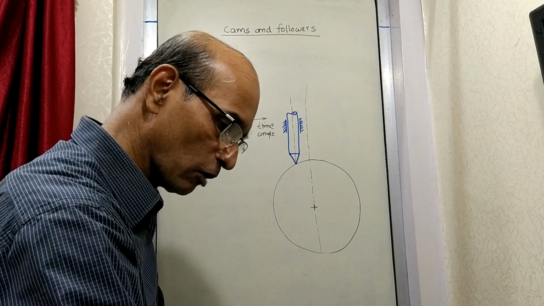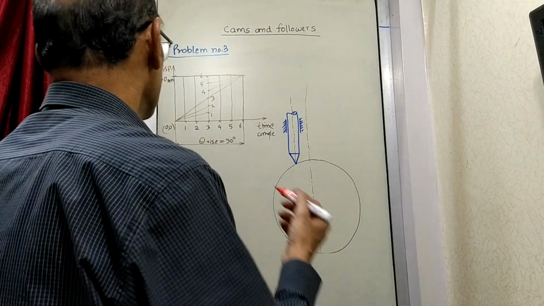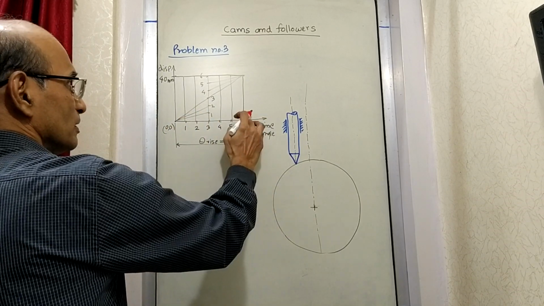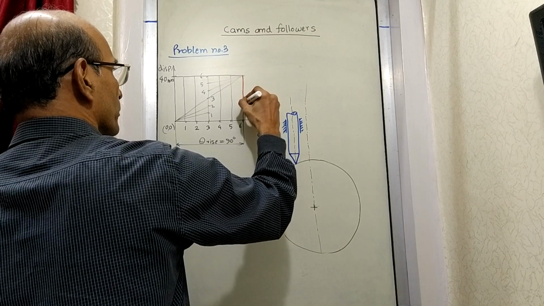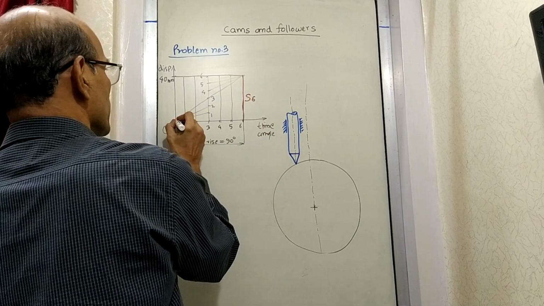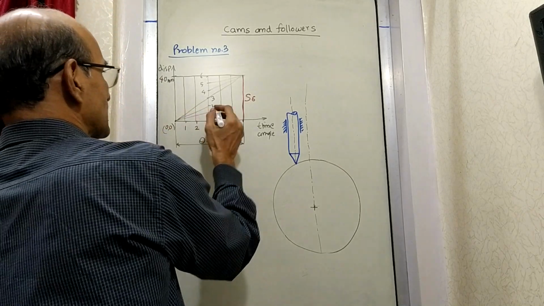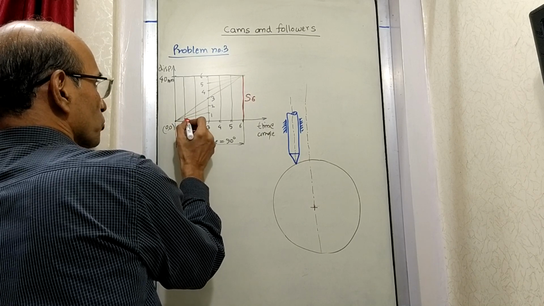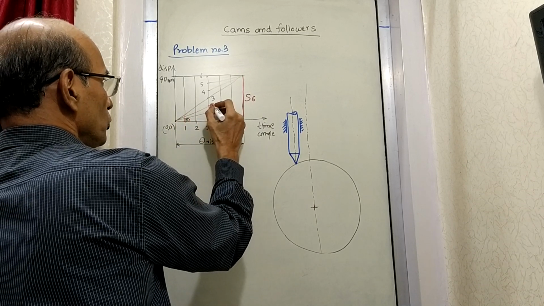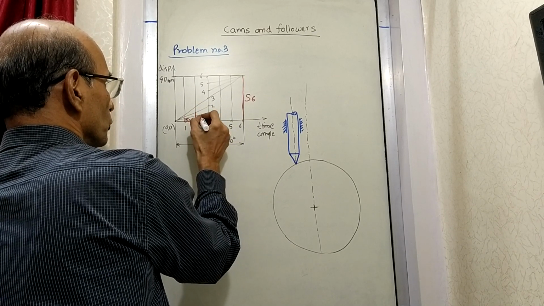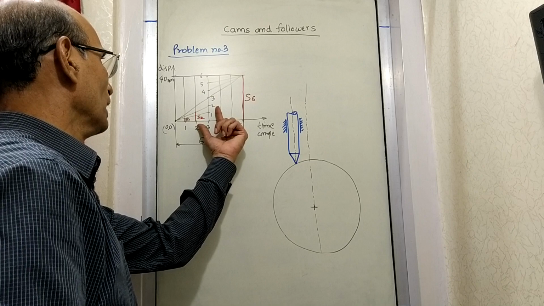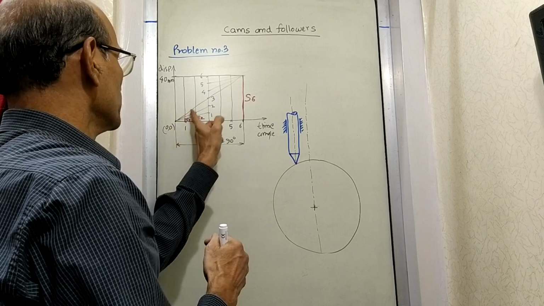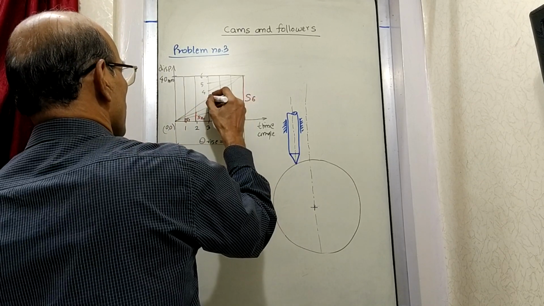So having done this, now we are going to get the different displacements. When the angle is 0, displacement is 0. When the angle is the full 90 degrees rise, the displacement is full. So this is 6 and this is 0. Now wherever these lines are, see, the line from 1 is touching the vertical line from 1 here. So this is 1. Line from 2 touching the line from 2. So this is 2. So you have to see 2 and 2. Line from this 2, line from this 2. These are the 2 lines. Line from this 3, line from this 3. So S3 is this.